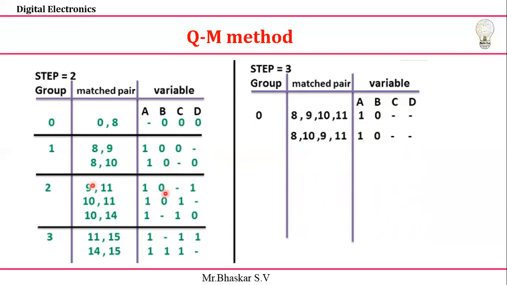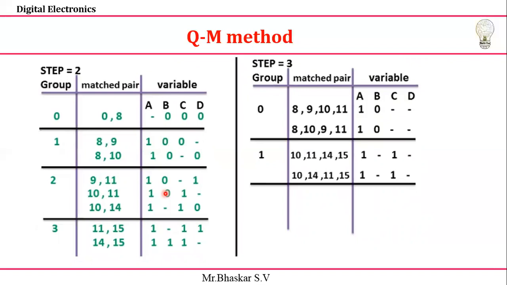Second group with respect to third. This group I'm going to take as a 1. So here, now 9 with 9 comma 11, it is possible. No, here also we need to make a tick, because we are already involving 8 and 9, 8 and 10, and 9 and 11 also, so make it a tick. Okay, next it is 10 and 11. I'm looking for 10 and 11. So 9 and 11 with respect to anything, is it possible? No, the remaining thing is not possible because this tick is not there.